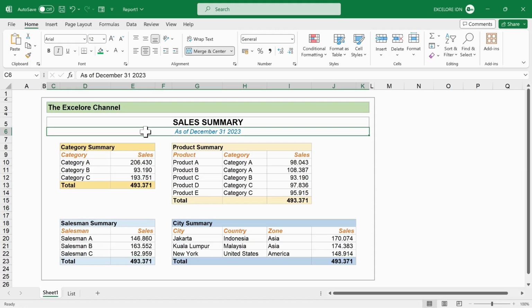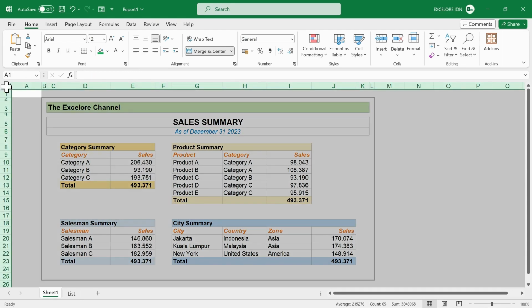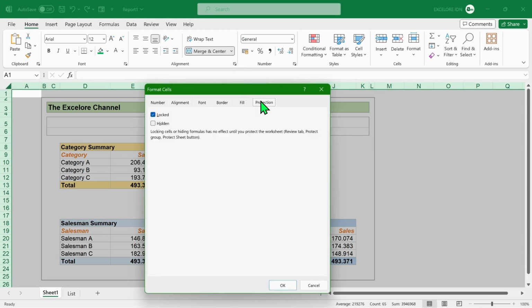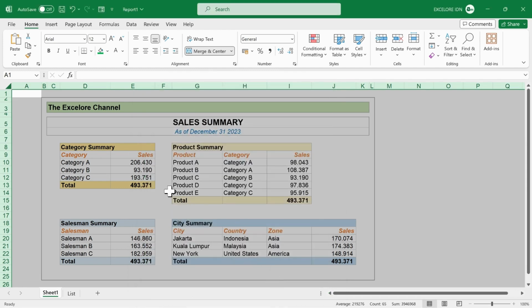Next, to prevent unintentional deletion or modification, we need to protect all cells within the data range, except those edited frequently. To do this, select the intersection of rows and columns. Then click Format Cells. Select the Protection tab. Ensure the Locked checkbox is ticked. Additionally, if you tick the Hidden checkbox, then cell contents will not be visible in the formula bar. On the other hand, if it is unticked, the contents of the cell will be visible in the formula bar. In this case, we tick Hidden. Then click the OK button.